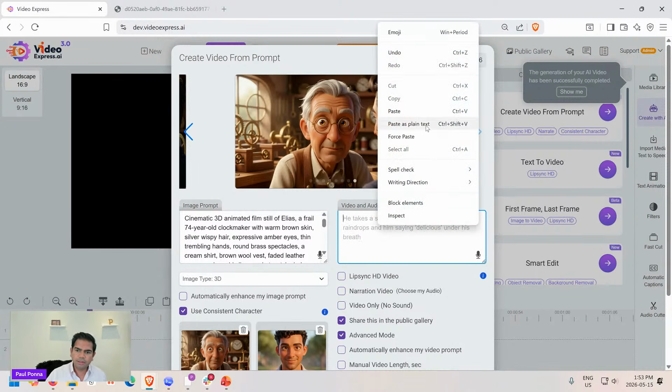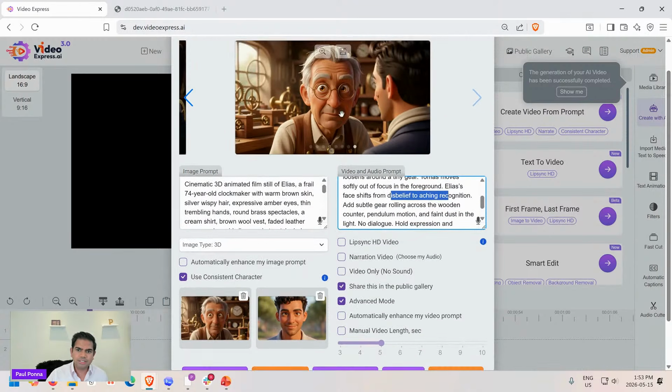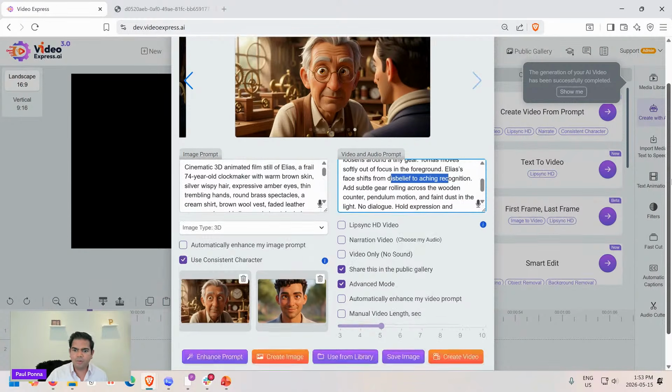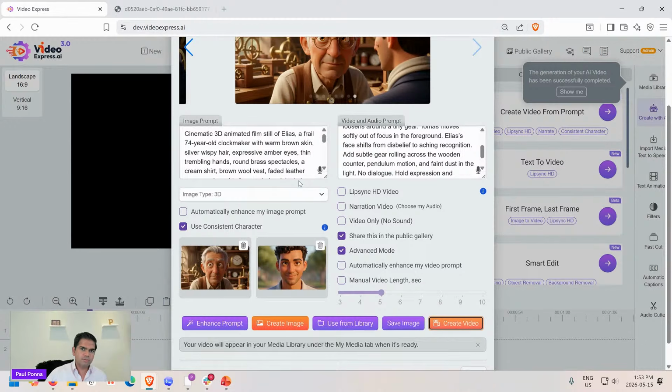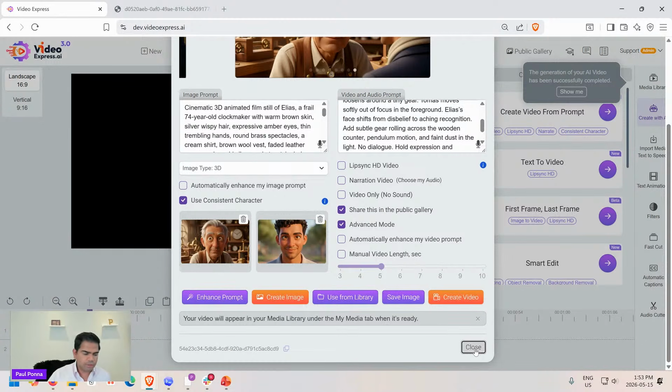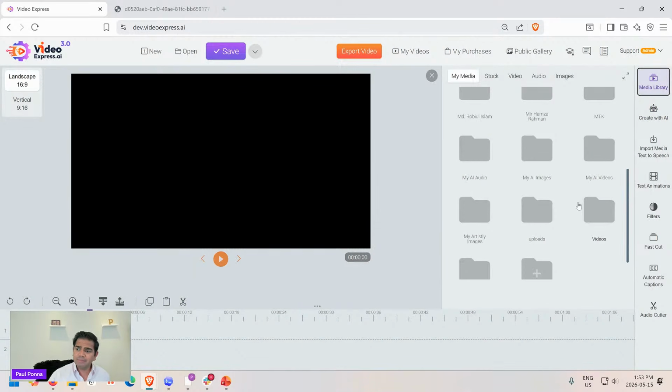So I'm just going to go in and paste this, okay? And the idea here is Elias' face as his hand loosens around. His face shifts in disbelief, aching in recognition. So he sees his son's face and he recognizes, wow, this is my son. Okay, that's the story. All right, so now click on create video. So I'm turning the image now into a video. Okay, so let's see what happened so far. And I'm going to share this with you,